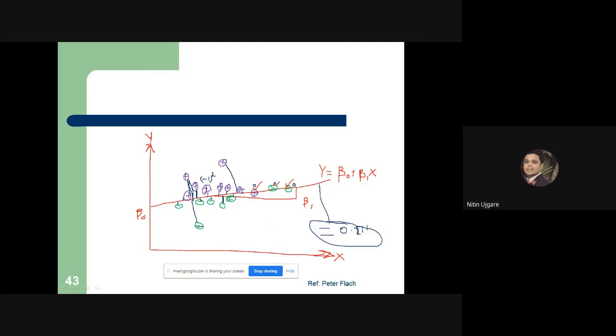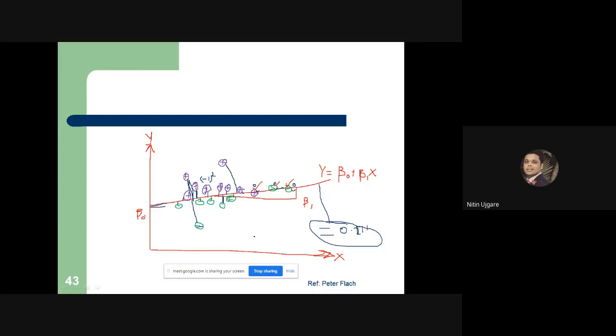Now the third characteristic that we have seen is that the line need not pass through all the points or the maximum points. Here you can see that our line passes through only 3 points, 1 positive point and 2 negative points. So for the majority of points the line is not passing. But this doesn't mean that the line is not a best fit line. Passing through all the instances doesn't mean that it is a best fit line.